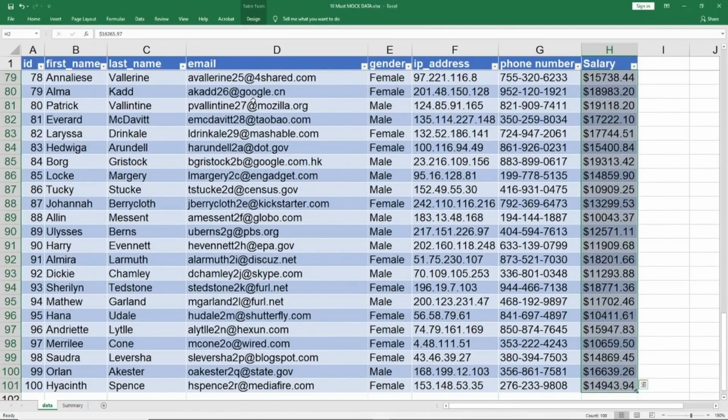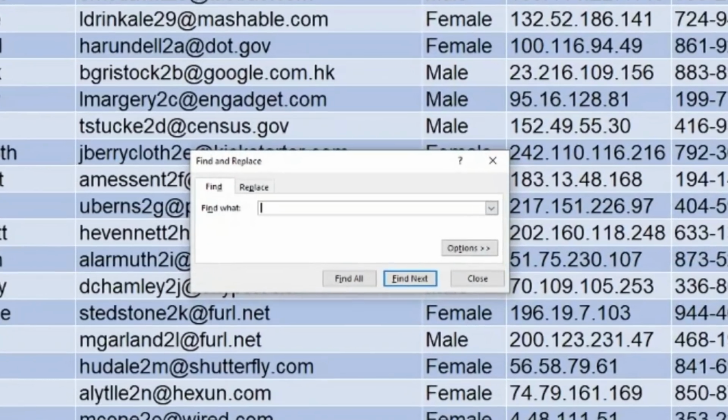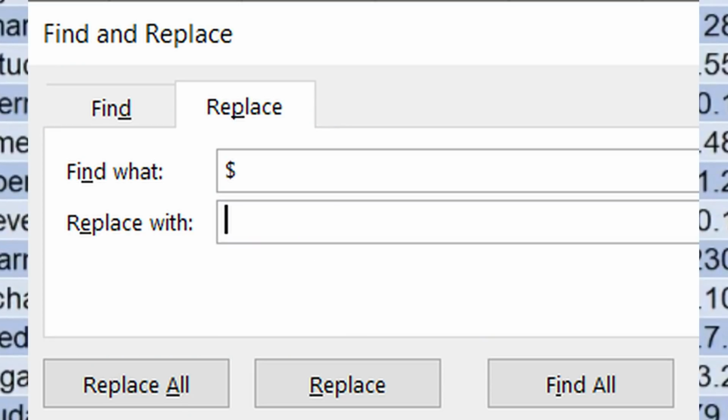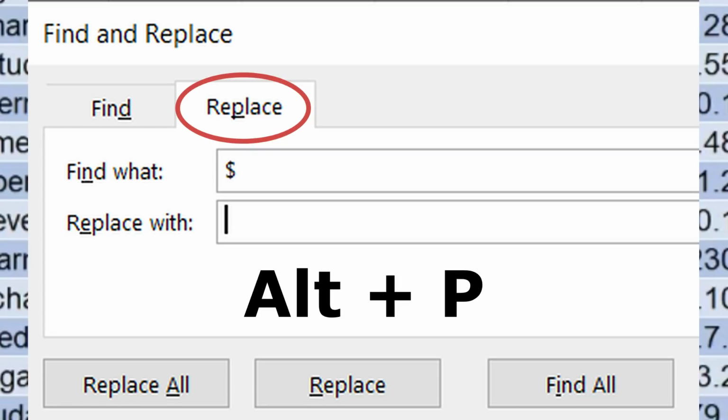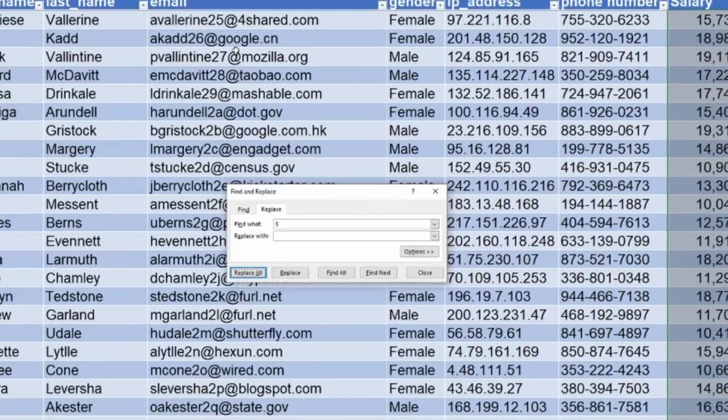And here, the easiest way I find is, let me first remove the dollar sign. So Control and F, it says Find what: dollar. If you see, there is a small line below the P in Replace, which is if I press Alt and P as in Peter, it will take me there. So I say Alt P, replace with what? I write nothing, replace with nothing. So it has to be blank. And then Replace All, or you can see there is a line below A. So Alt and A. Okay, 100 replacements were made.